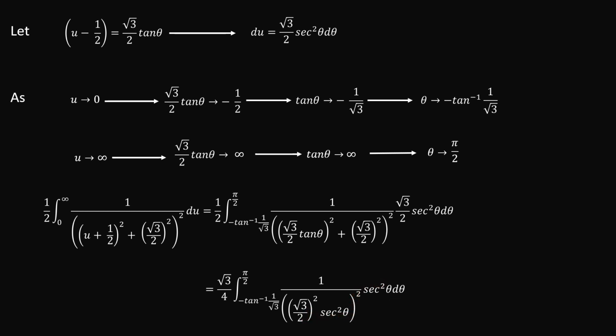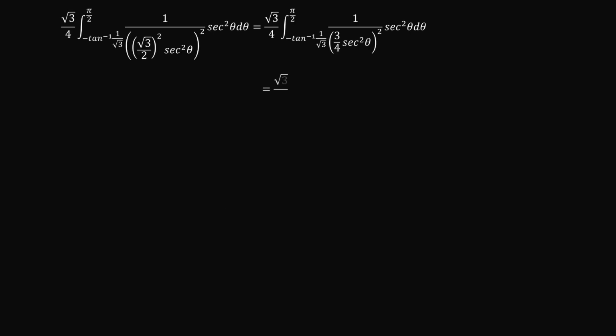So we have a square squared there. The first square would cancel out the sec squared theta, and so we are left with 9 over 16 sec squared theta